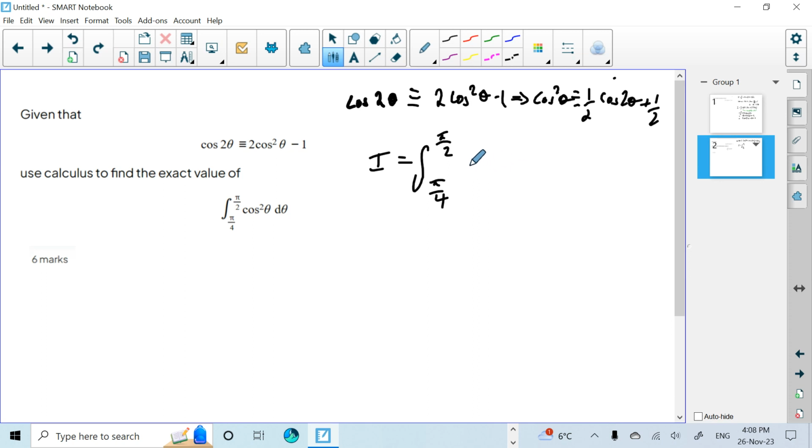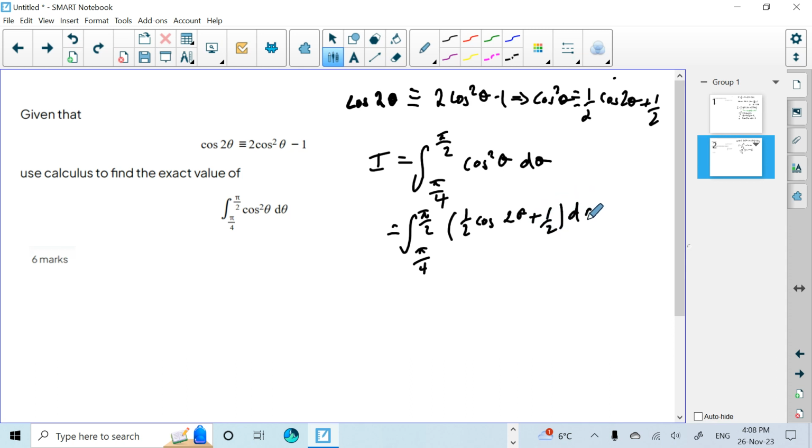Cos squared theta d theta. That will give us the integral with limits pi over 2 and pi over 4. I have to write this out. It's time consuming and we're conscious of the time. Again, I'm going to use the identity, a half cos 2 theta plus a half,